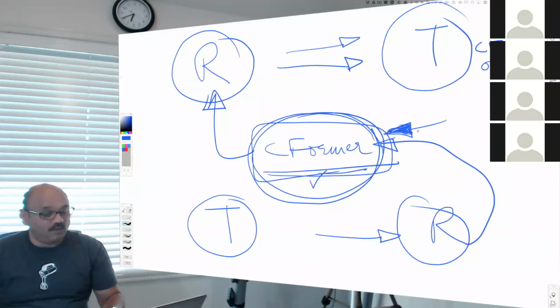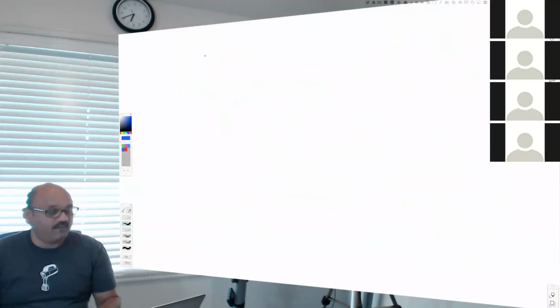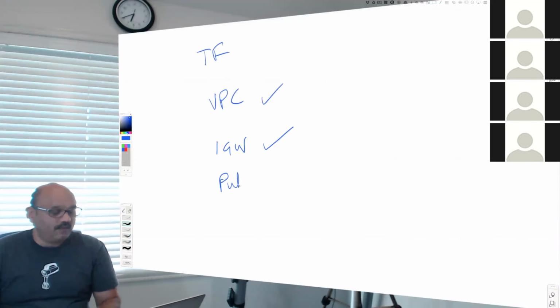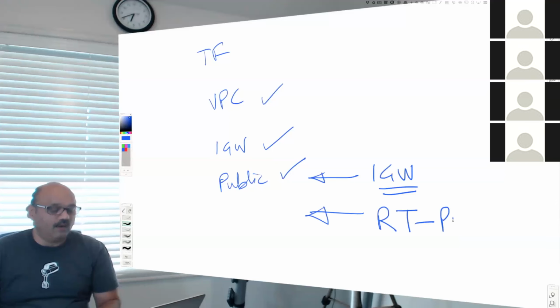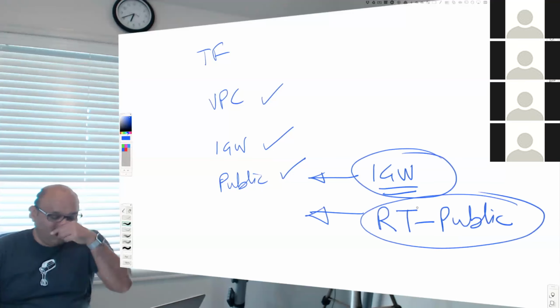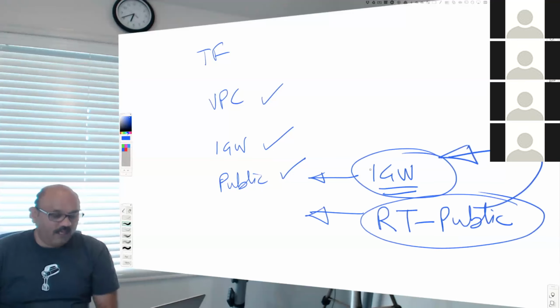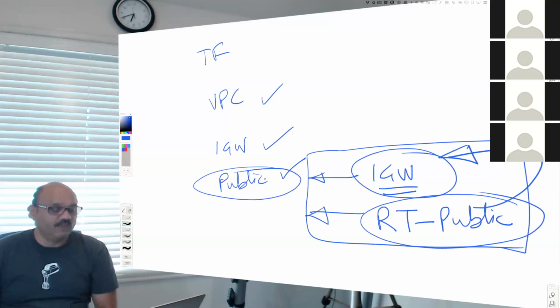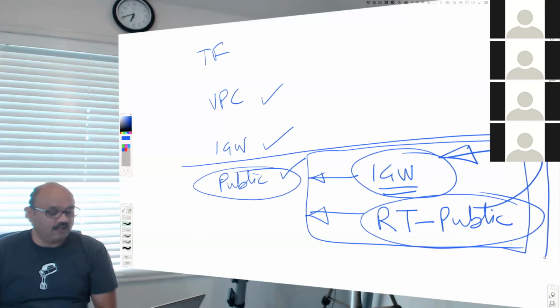And so what I'm going to talk about: up until now in the Terraform example, what we have done is created a VPC, yes. We created a gateway, yes. We created a public subnet, very easy. But not really, because it needed a dependency on the internet gateway and also another dependency on a route table called public. So we created them together, an internet gateway and a public route table. And this route table has a route through the gateway, and all these things are needed for the public subnet to exist. So we did these things together in one collection.